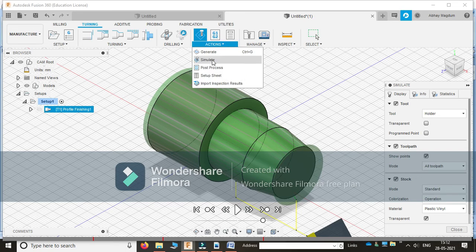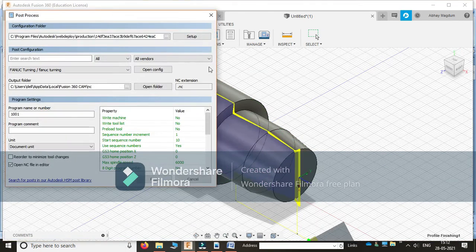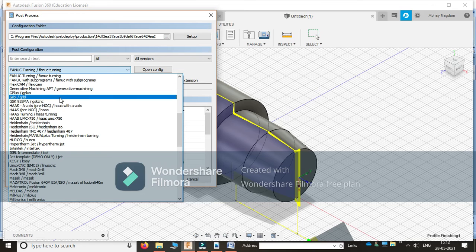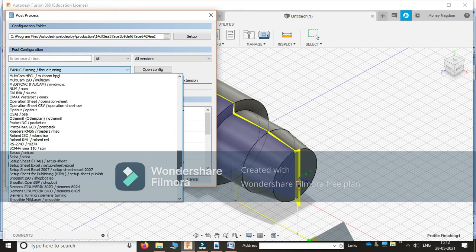Once you have observed the simulation, next there is post process. Click on post process and select the controller, the type of controller which is available with your CNC machine. There are n number of controllers in this list: Fanuc, Haas, and many others used worldwide are listed here.